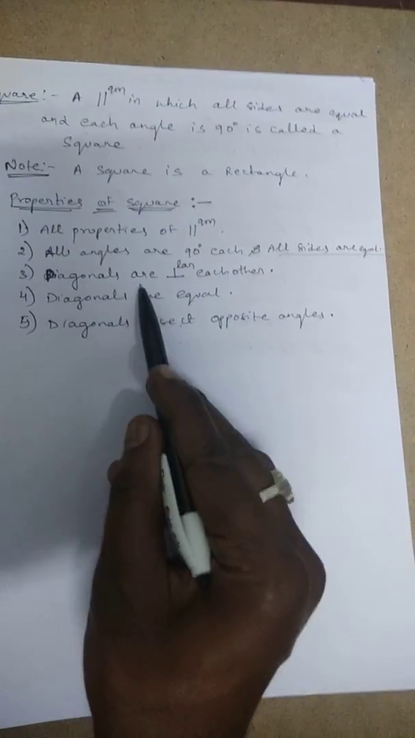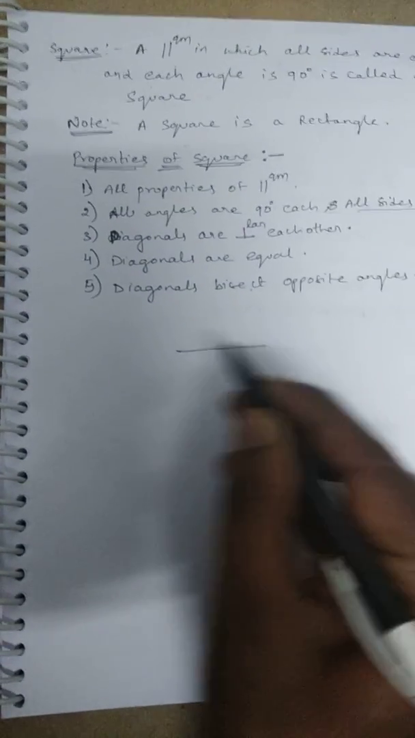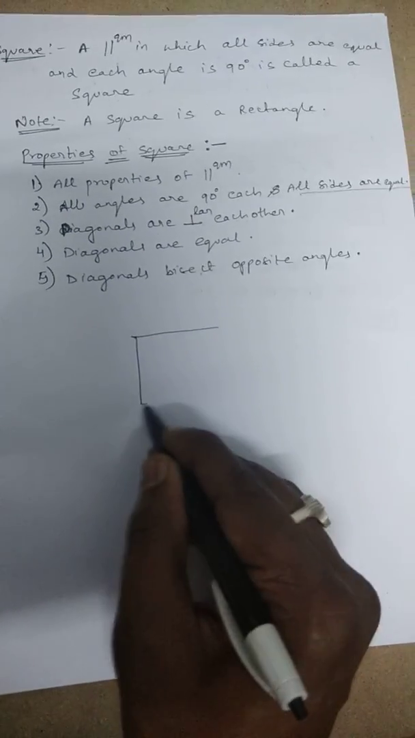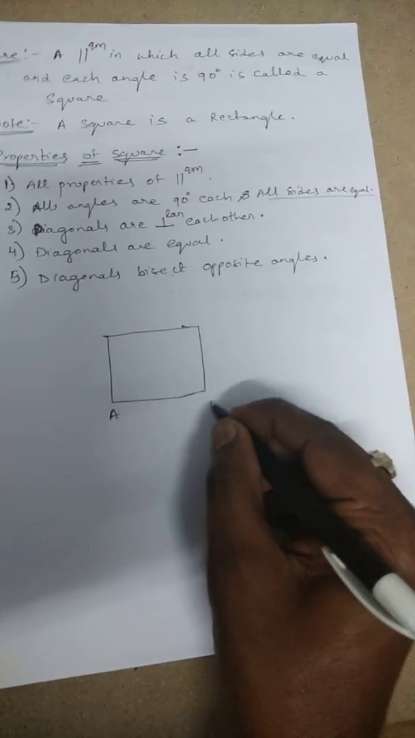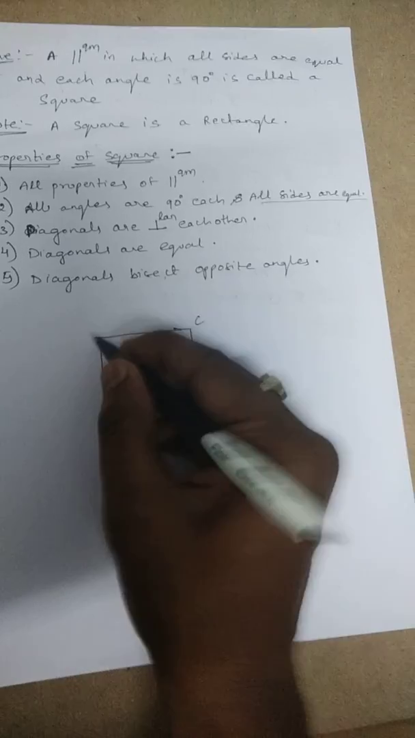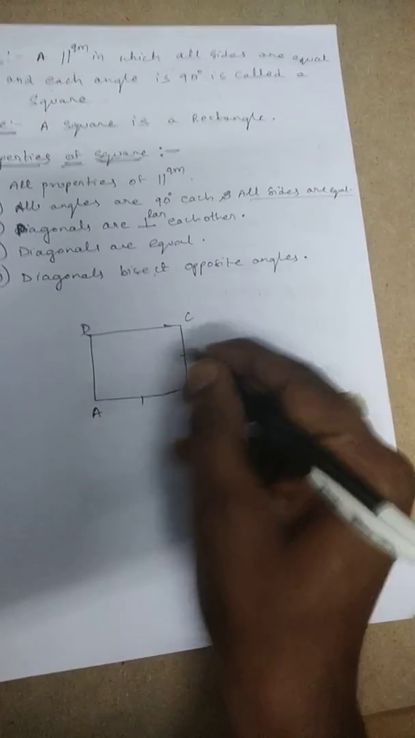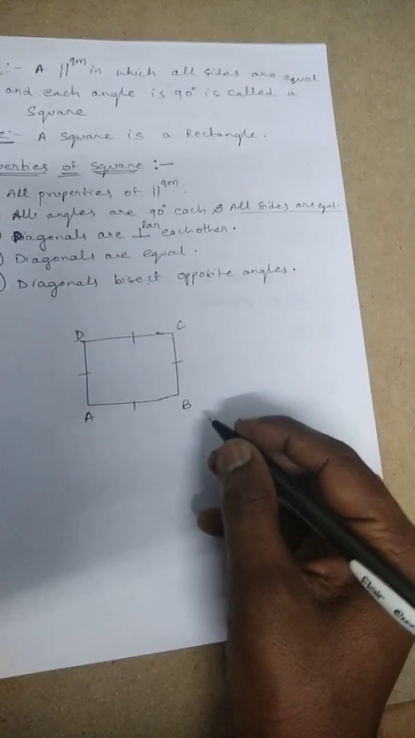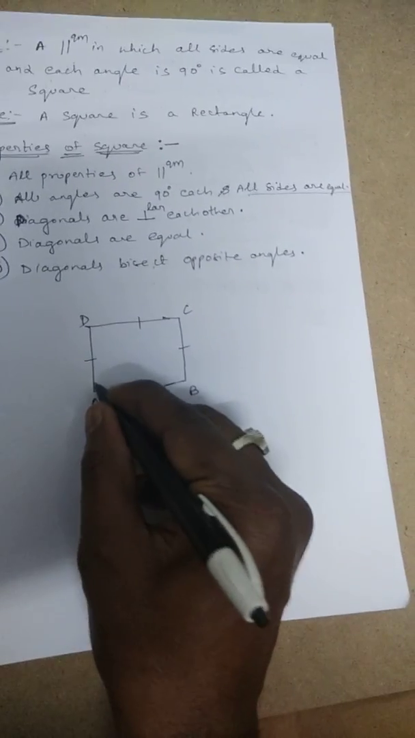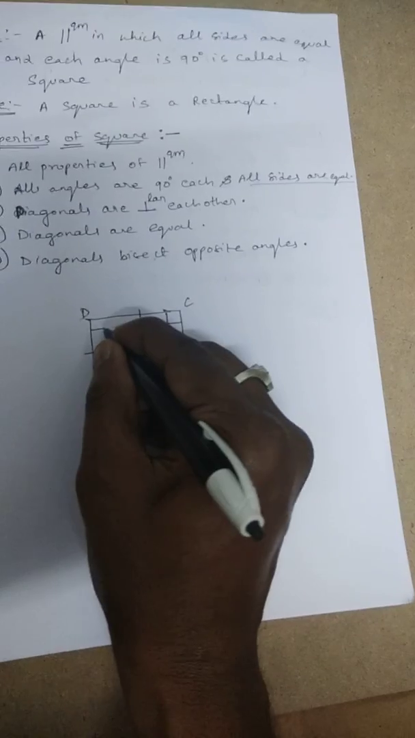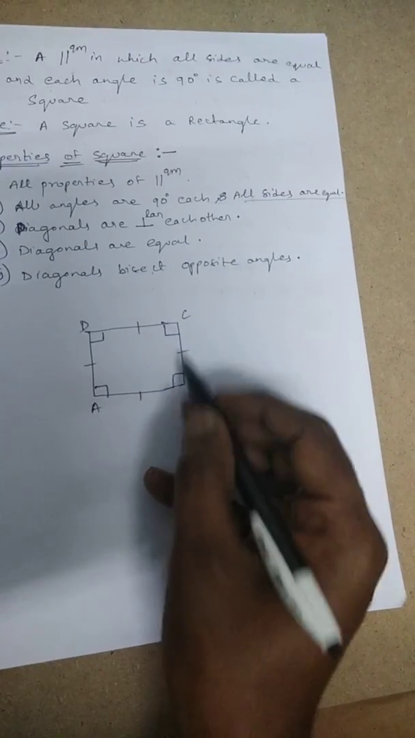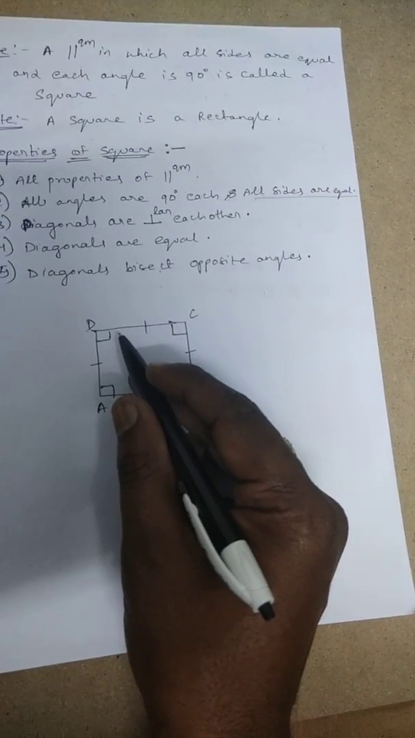Next, diagonals are perpendicular to each other. That means if you see here, this is a square ABCD. If this ABCD is a square, then all the four sides will be equal. Each angle is 90 degrees. Every angle is 90 degrees. And